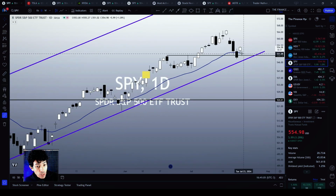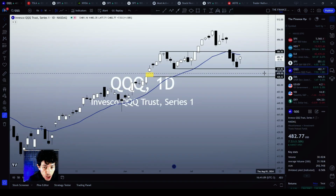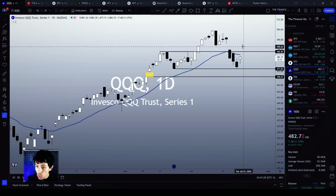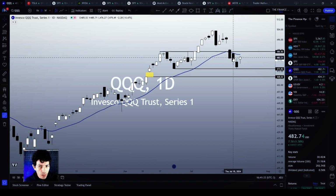Now, all depends on if SPY will maintain its price above these support levels over here on the daily chart. The QQQ shares a similar situation, however, tech stocks are slightly more bearish because we are clearly below the 21 EMA on the daily chart. We have yet to break the $486 resistance level as well. So there is a double resistance level on QQQ, which could frustrate the bullish thesis, but right now, as far as I know, we are trying to make a bottom signal above a crystal clear support level,